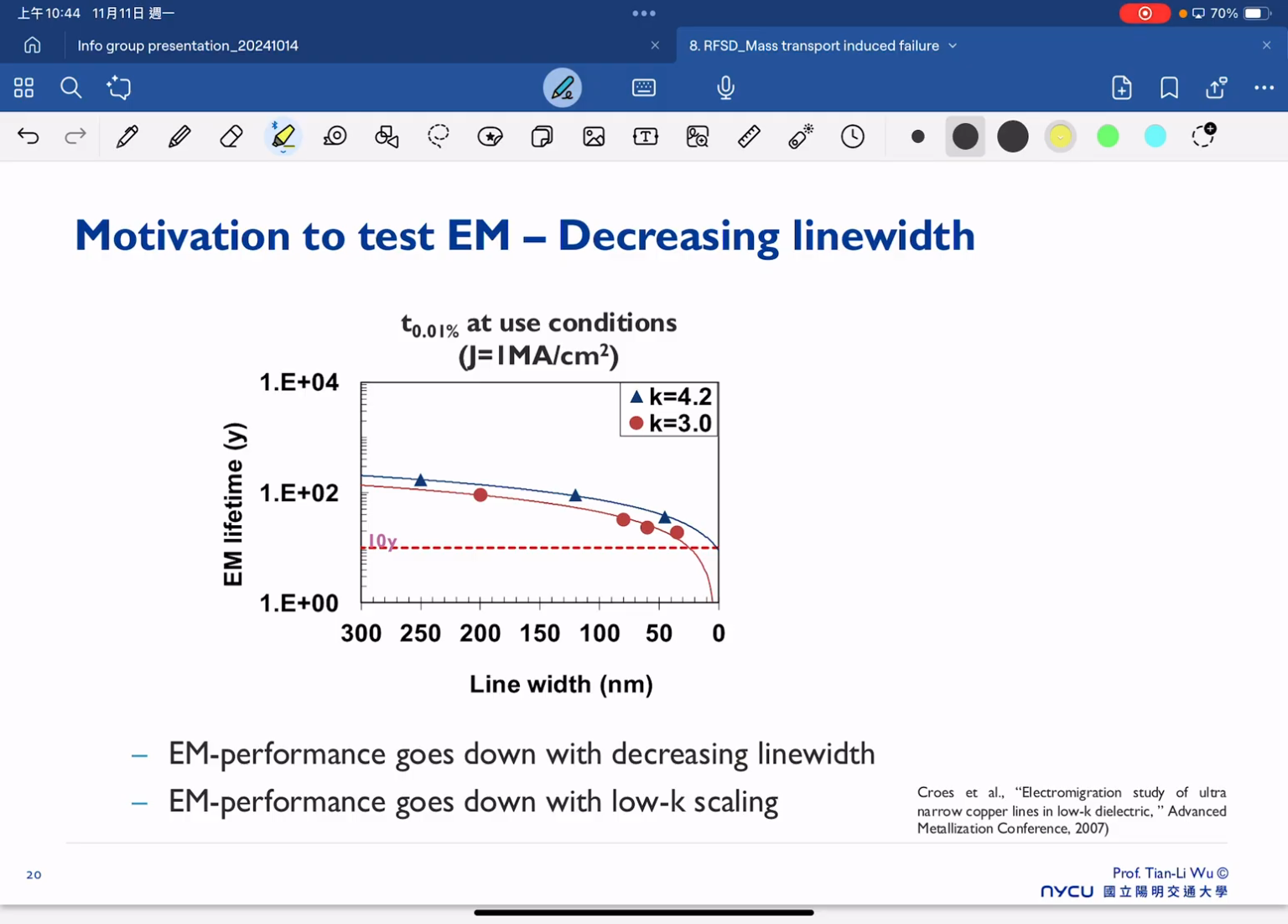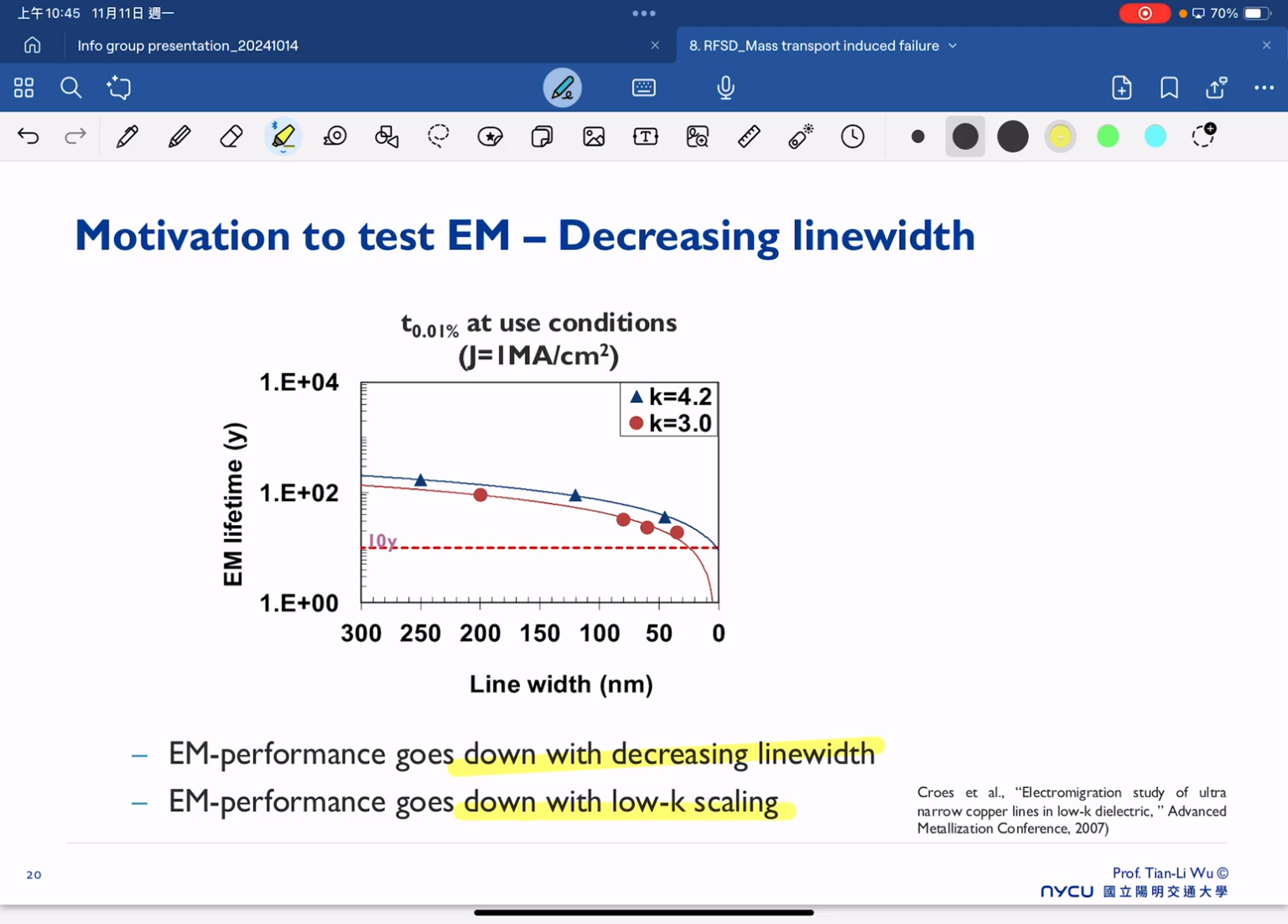So now you can see, I think everyone should be very familiar. What does this mean? This is a time to failure at 0.01%, and this is a condition that they use, 1 MA per centimeter square here. So now you can see as the line width decreases, actually the lifetime is getting worse and worse. So the electron migration performance goes down with decreasing the line width, and also it goes down when we use some low